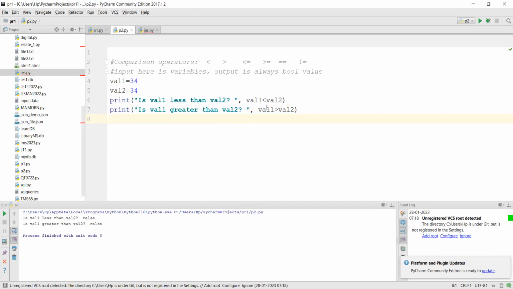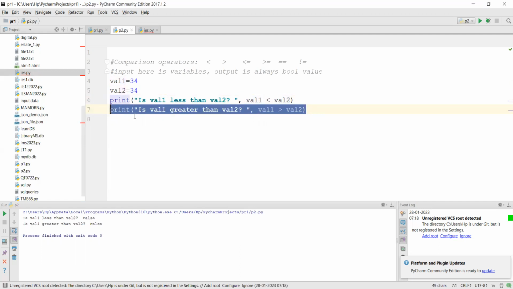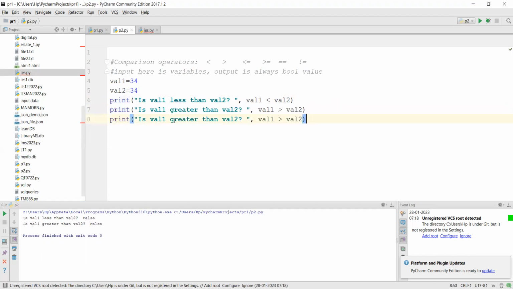Okay, so Python is understanding this one. Val1 less than val2. Val1 greater than val2. So this says no, it is false. Similarly, is val1 less than or equal to